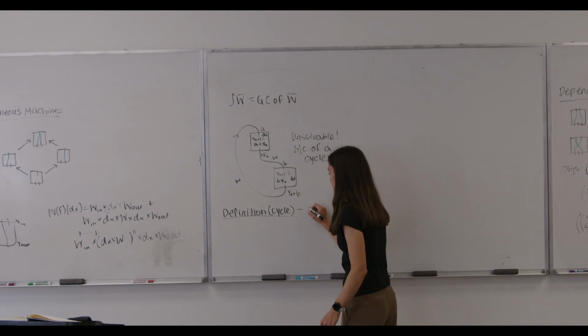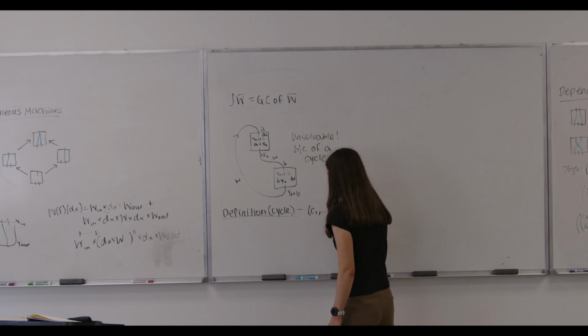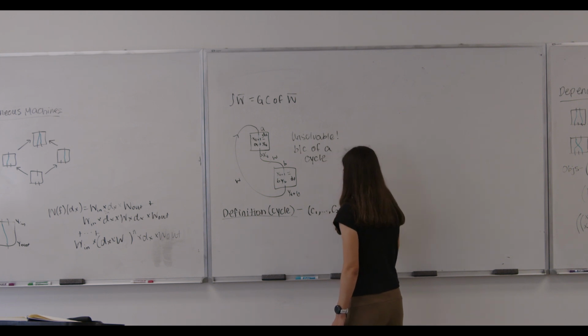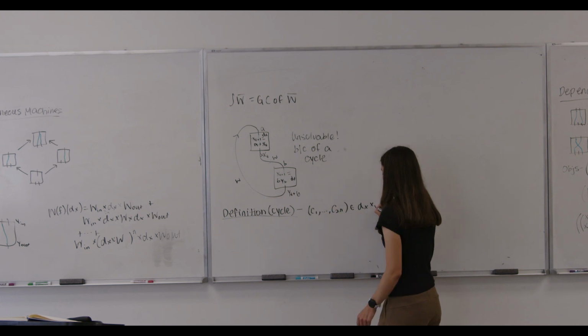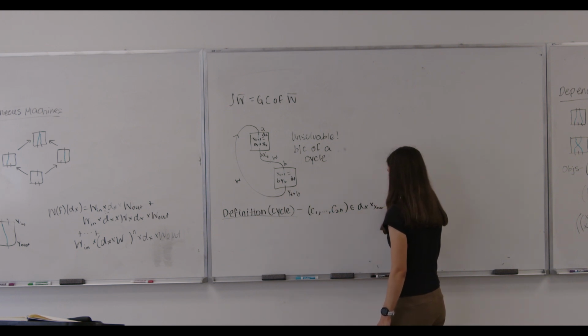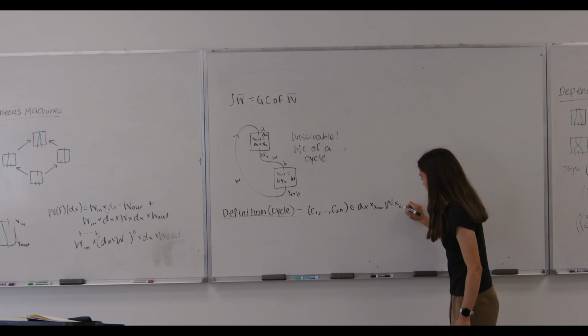And so a cycle is really some element in d of x, x out, pull back, W, and then x in,